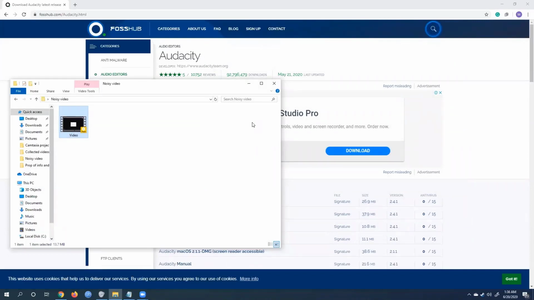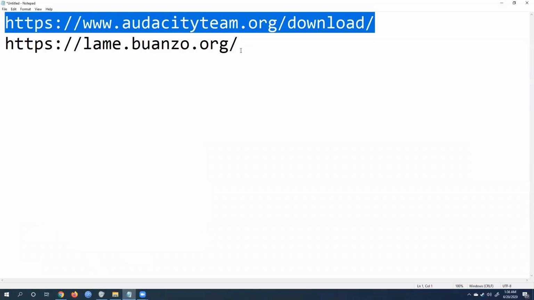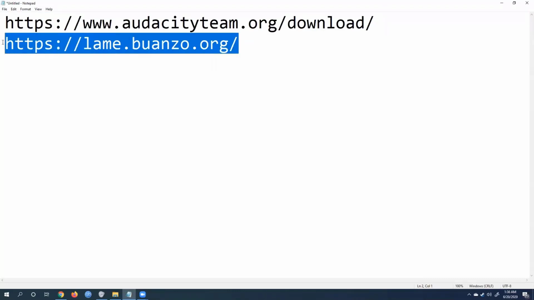In order to work with video files in Audacity, I'll need two separate libraries and I need to install those libraries. To install those two libraries, the name of the libraries are FFmpeg and LAME. I'm not really sure whether it is pronounced lame or we just call it LAME, but honestly it doesn't really matter. So to download those, go to